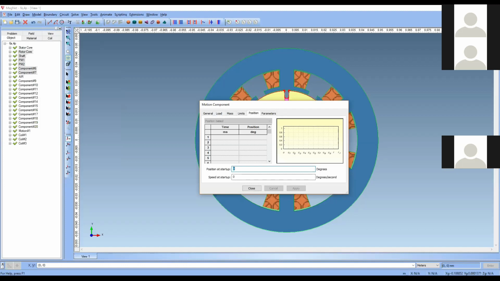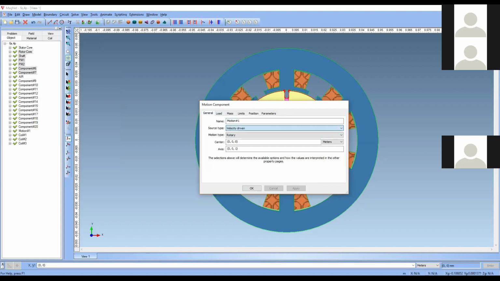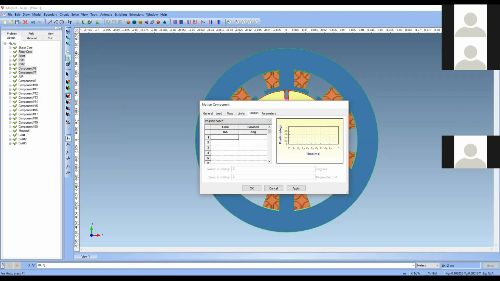By giving this position, you can also place your rated speed. For example, if your RPM is 3000, then in 1 minute it will rotate 3000 times. So for each millisecond, you calculate how much it will rotate and put that in as an array. For example, at 0 seconds it will be 1 degree, at 1 millisecond it will be 2 degrees, and at 2 seconds it will be 3 degrees. Like that, you will get a linear speed graph.